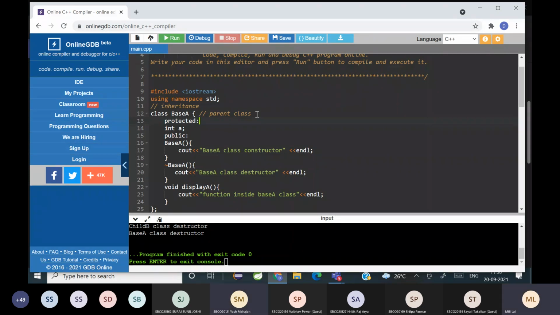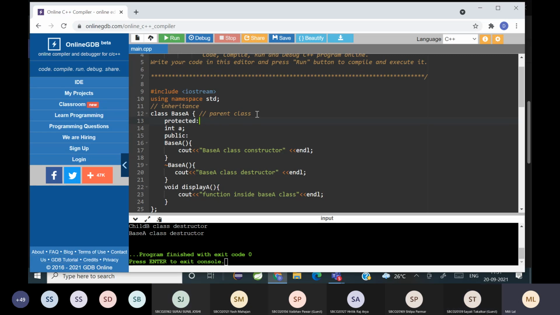Yes, ma'am. So in that way we have completed the access specifiers. We have three kinds of access specifiers: private, protected, and public. Clear? So by default, class members are what?